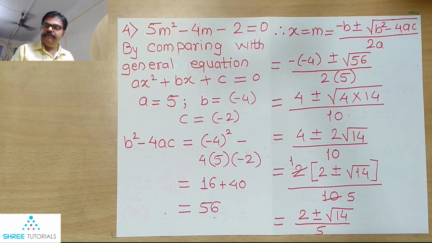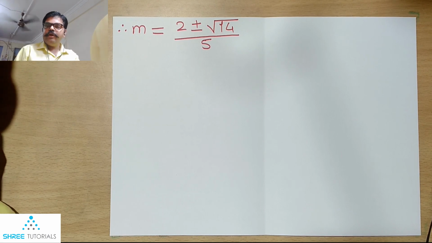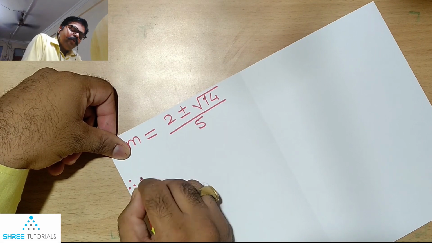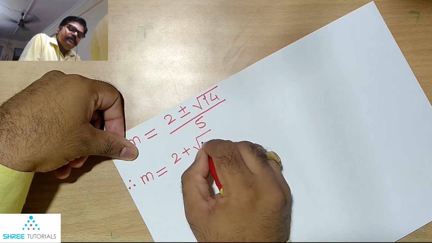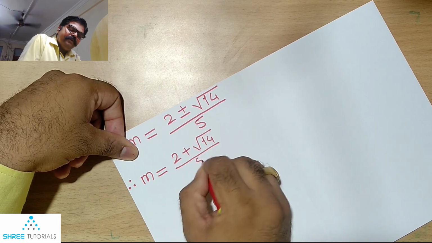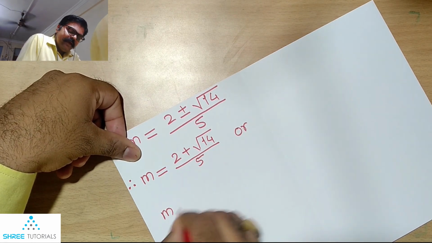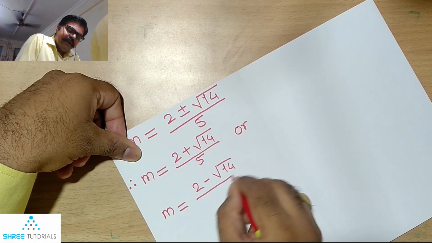These answers we are going to have. Of course, we are going to simplify it a bit. Okay, so this was the value for m we had got so far. Now what exactly are we going to do? We will be splitting that plus and minus sign. Therefore our m can have two possible values. One of the values for m will be equal to 2 plus root 14 divided by 5. This can be one of the values, or else m can have 2 minus root 14 divided by 5.